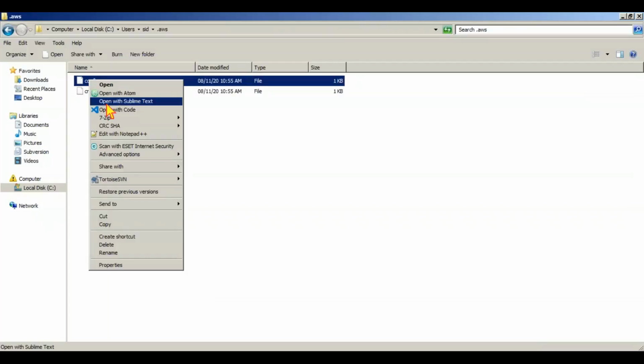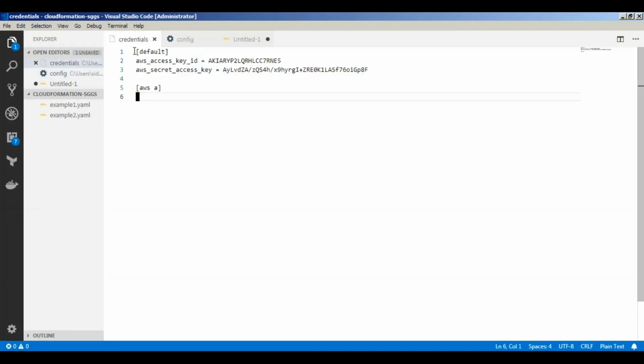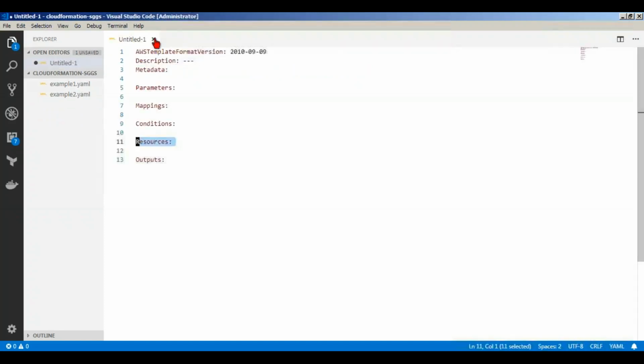So you will have that in the config and credentials files. In the config you have the default, the region and the output format, and under credentials you can create different profiles. The default profile is called default. You can create profiles for different things and switch between profiles without having to configure the keys. But again, it is not a good way to do this because your credentials are going to be stored as plain text. How to avoid that, we will see in the upcoming class.